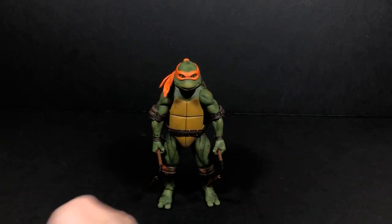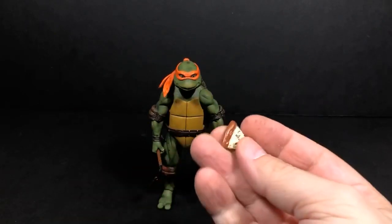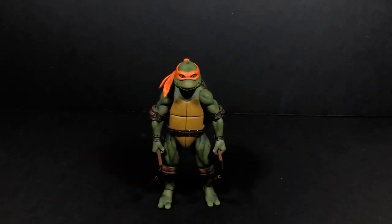He comes with his other bandana, and he comes with, once again, that pizza slice. And then he comes with thumbs up fingers. So you get those. I know for a fact, I don't know which figure it came with. I'm not sure. I don't remember who had that figure, but one of them in the larger set came with